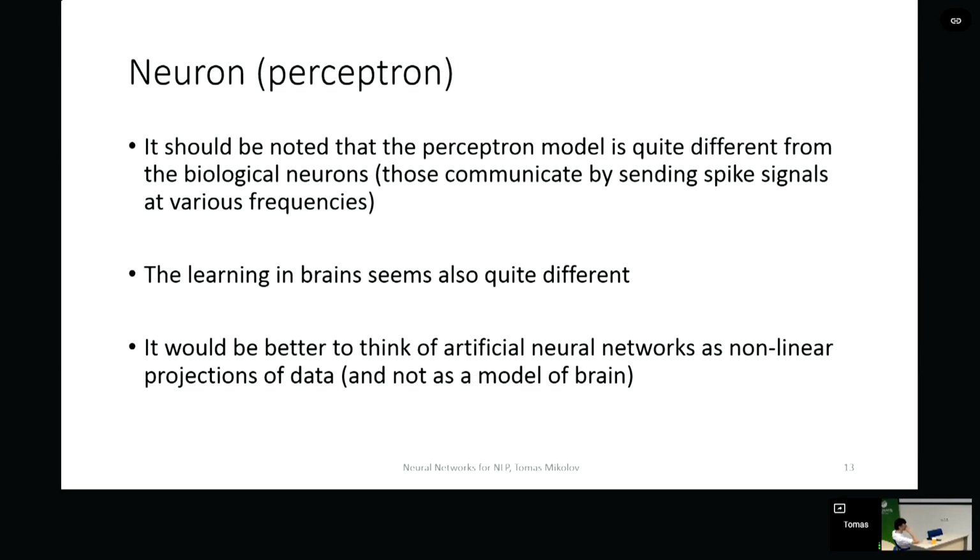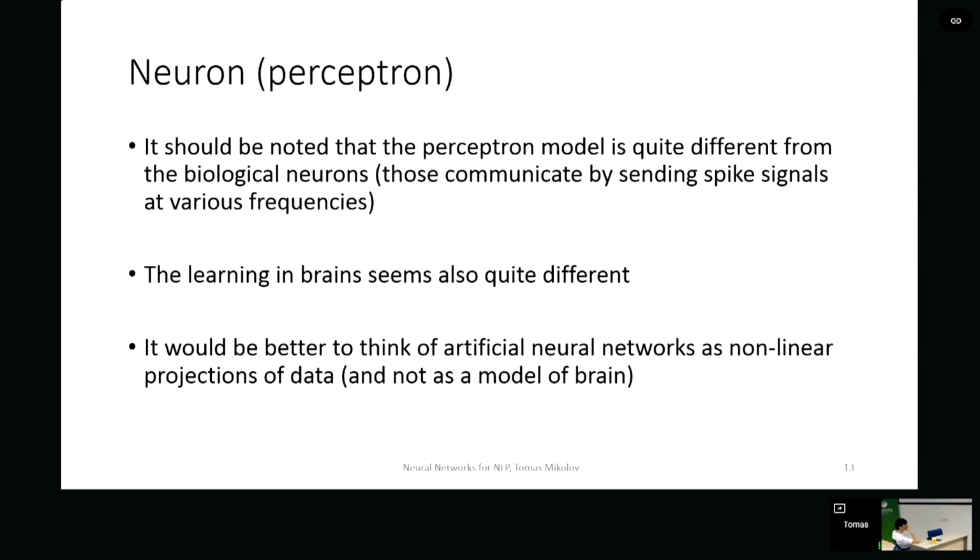So as I said, it's definitely not the same as biological neurons. There are so many differences that I will not even talk about them. But it's interesting to also see the brain as some information processing system. And for that reason, we can say that there is some slight similarity between artificial neural networks and the biological neurons, because both systems are sending information and processing it through some computational units.